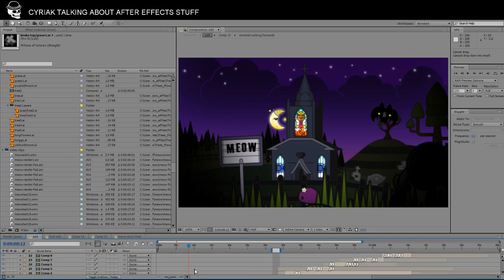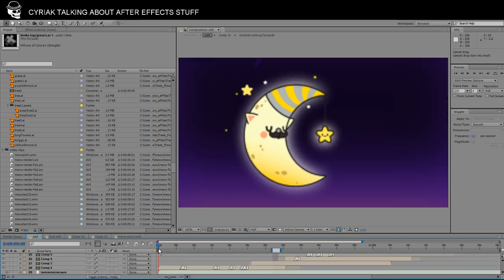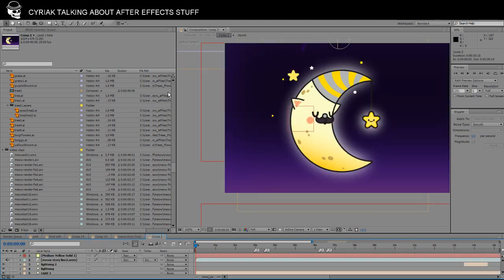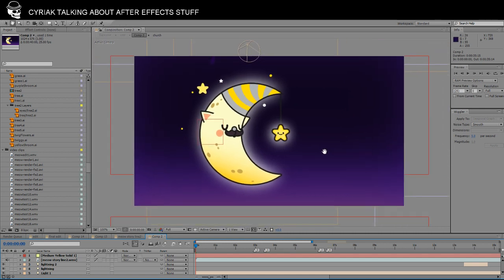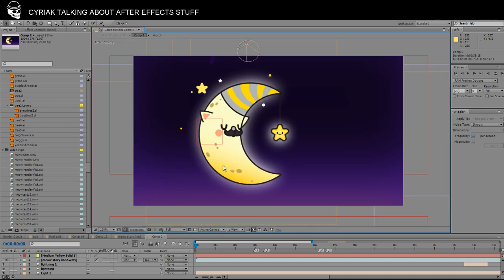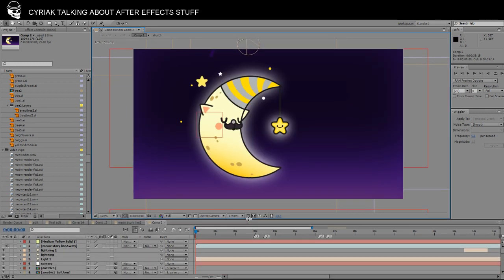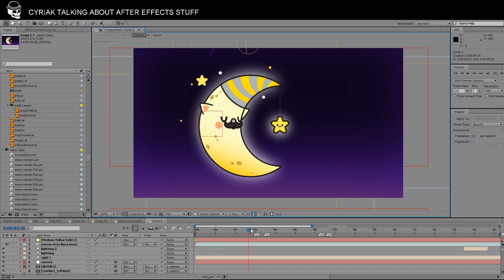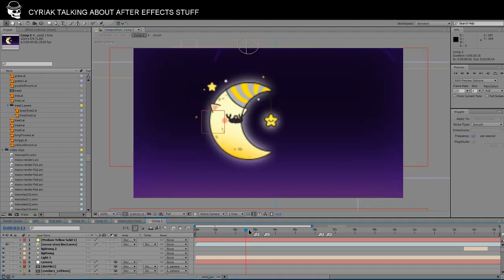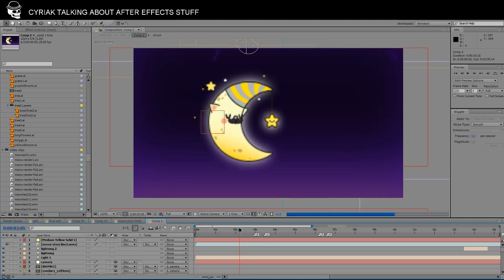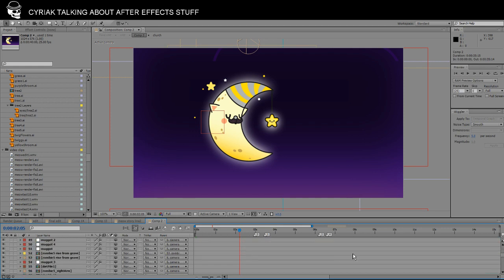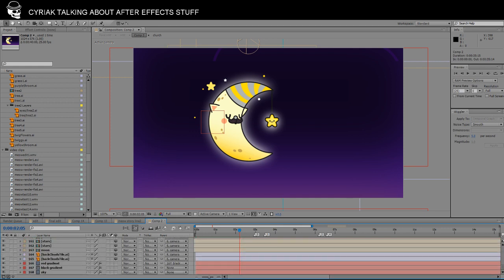So let's have a look in the actual project itself. Let's have a look at how I put all this together. Starting off with the moon. He's asleep, snoring away. Now you can see there's a lot of layers going on here, and a lot of them are actually 3D layers,